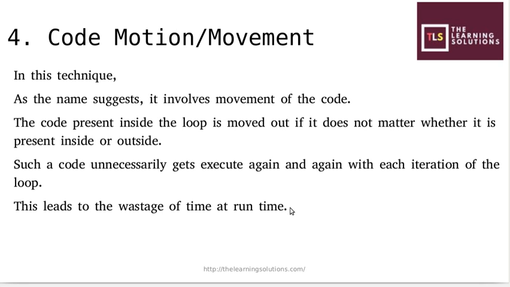Next is code motion or code movement. I have already mentioned this. What is code motion or code movement? In this particular technique, the movement of the code or the execution of code, transferring some values, updating some values are involved, and we need to optimize this. So basically this code motion and code movement occurs in the loop. So it is very essential to note